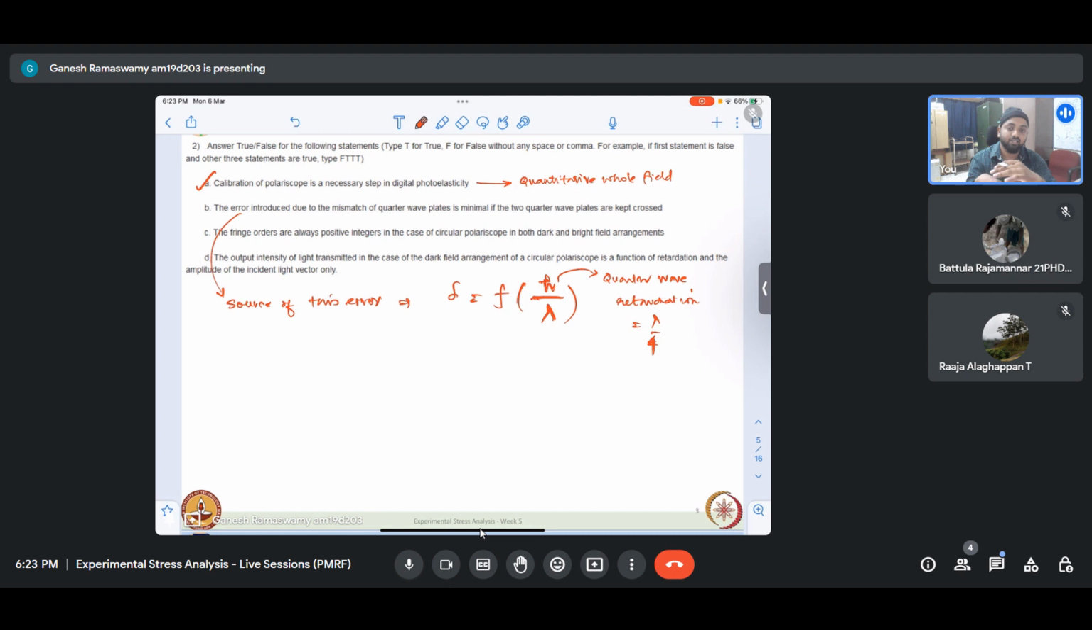That is because the second quarter wave plate basically tries to nullify the effect of what the first quarter wave plate is trying to bring. So yes, this is true. The fringe orders are always positive in case of a circular polariscope in both dark and bright field arrangements. Yes, exactly. This is false because we just saw that the bright field arrangement